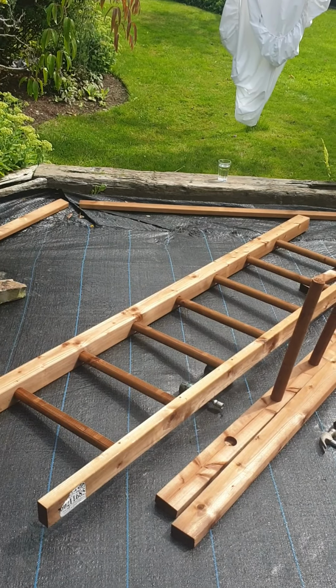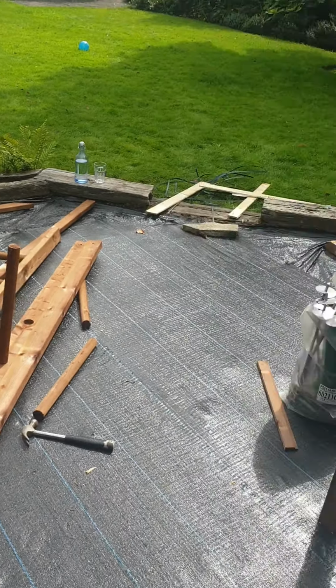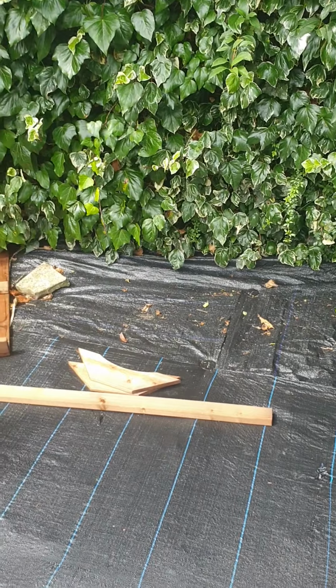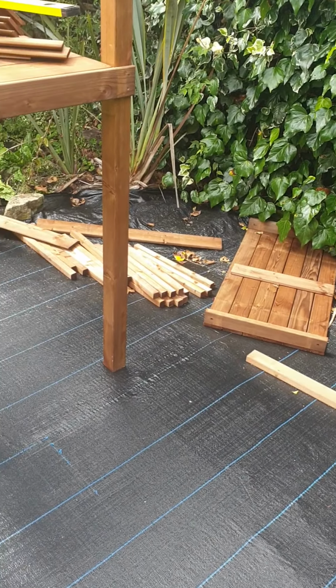compared to what I've shown him that we can do as a custom build. So as a custom build now, which is I think what we're going to do, we can design him a play frame that can sit closer to this corner, will allow the swings to swing and the slide to go out. Everything's going to fit perfectly,